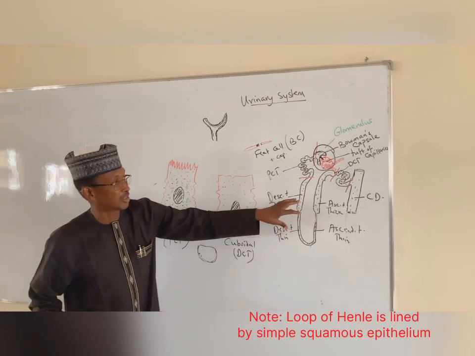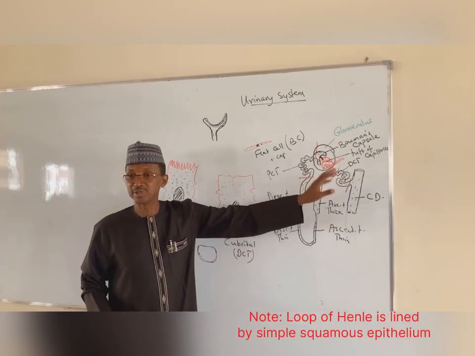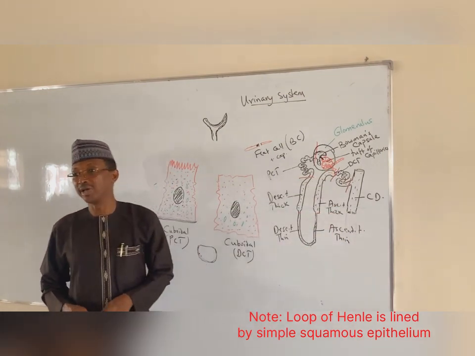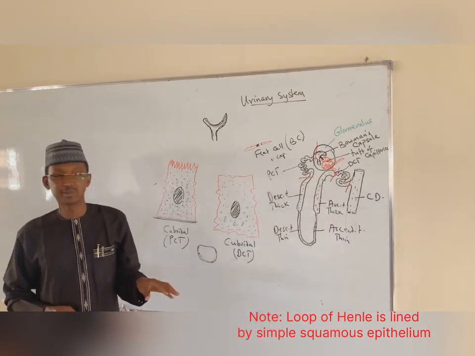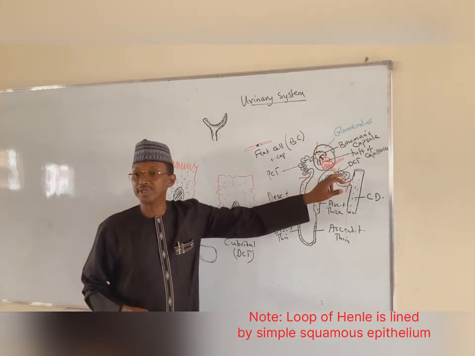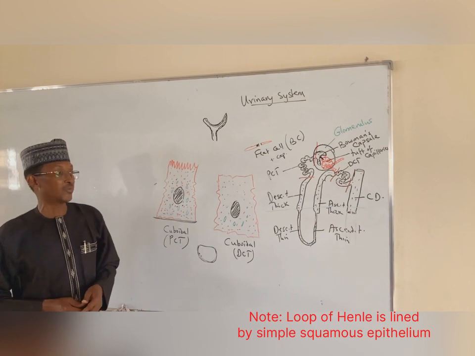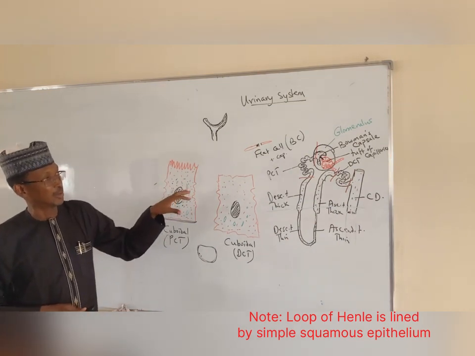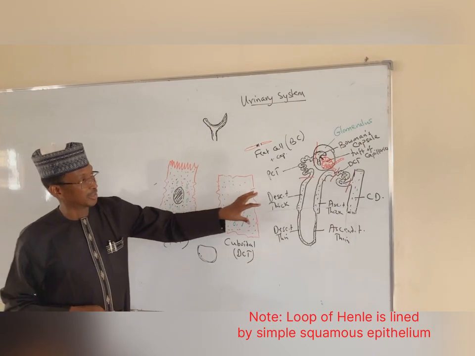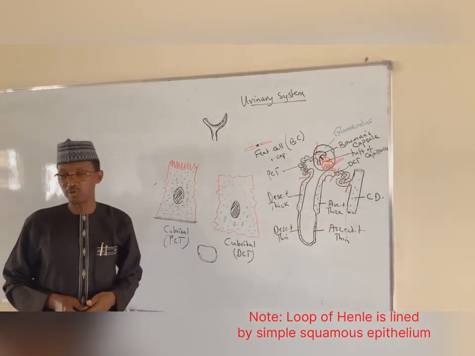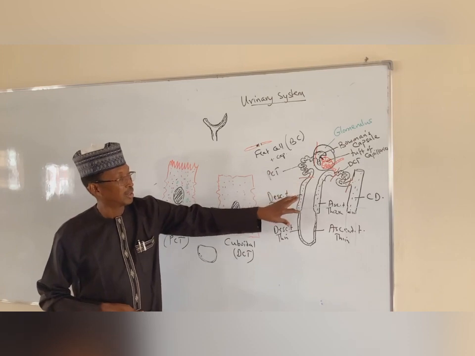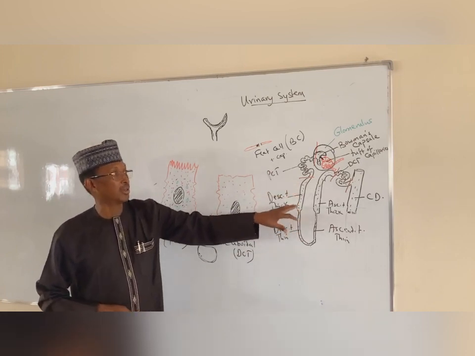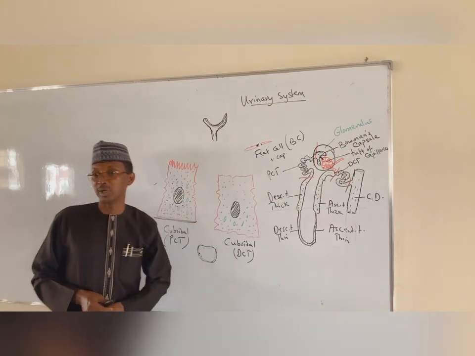Now, the collecting duct is the same thing. It's also lined by cuboidal epithelial cells, similar to that of the distal convoluted tubule. So this is, in a nutshell, the epithelium lining the nephron, in the proximal convoluted tubule, the distal convoluted tubule, the loop, and the collecting duct, in a simple manner. So you can just draw these cuboids and compare the two, and then you make a reference to the proximal, distal, collecting and